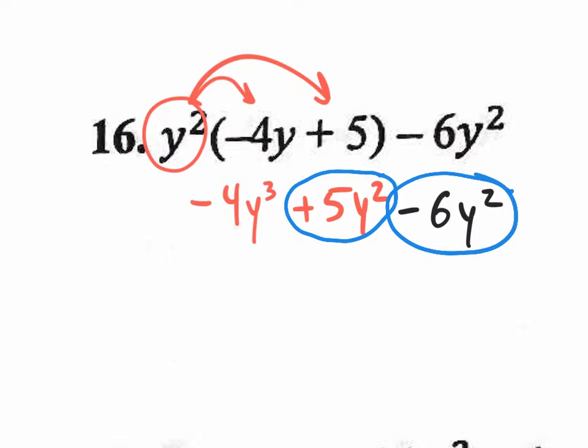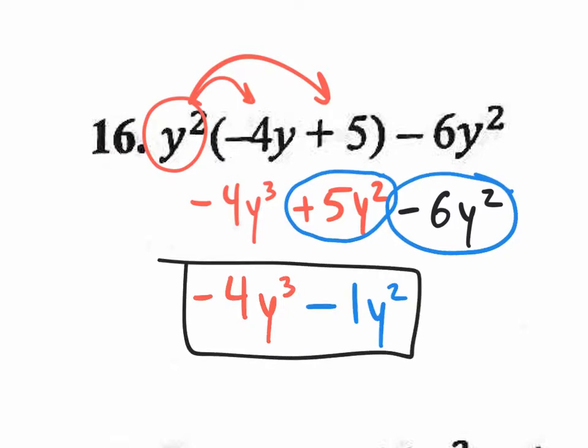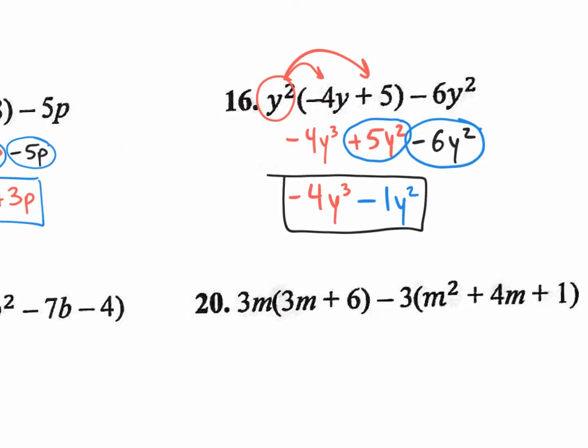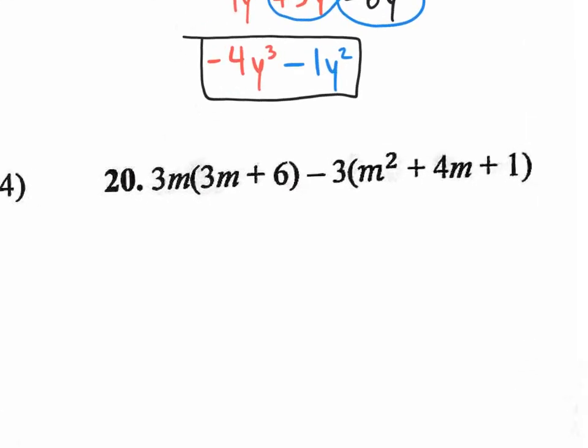That's like saying I have $5 and I owe $6. I'm still going to owe one of those dollars, one of those y squares. And then you're going to bring down the minus 4y to the third. So that is our answer right here. If I wanted to classify it, that would be a cubic binomial. Cubic binomial. Let's jump to some really fun ones like number 20, because we have to distribute here and here